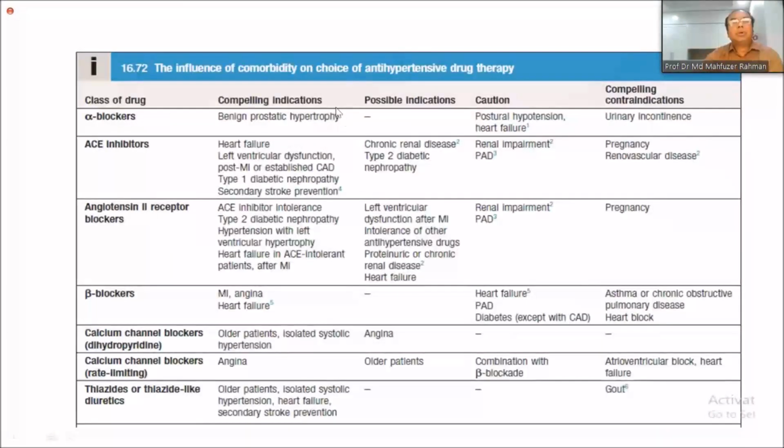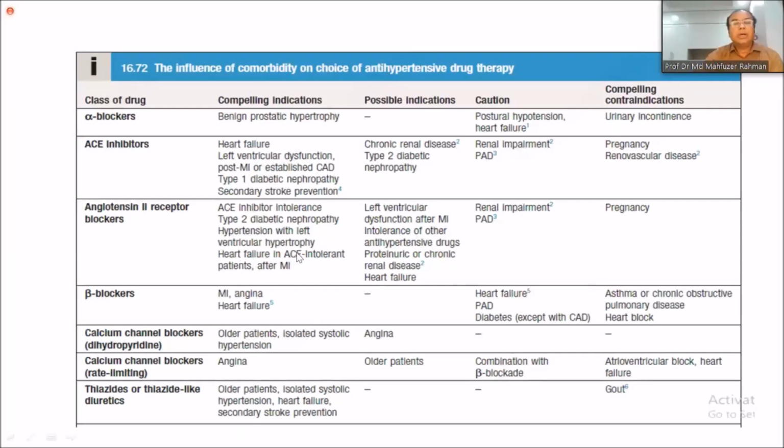There are some compelling indications for using antihypertensives depending on the presence of comorbidity. Alpha blocker: compelling indication in angina and enlargement of prostate. ACE inhibitor: when there is left ventricular dysfunction, post-MI, or established coronary artery disease, type 1 diabetic nephropathy, secondary stroke prevention. Angiotensin receptor blocker: whenever there is ACE inhibitor intolerance, type 2 diabetic nephropathy, hypertension, left ventricular hypertrophy, heart failure